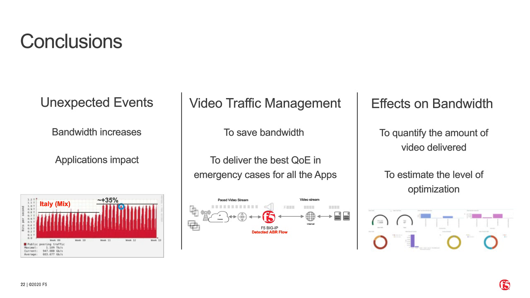And that concludes my presentation. So the conclusion, just to recap what we said, is you can have unexpected events where you have to change the way you behave in your infrastructure, in your network. This unexpected event can change the way the applications behave, and you want to still deliver a good quality of experience on your infrastructure. The point is that service providers shouldn't wait for end users acting or content providers acting,